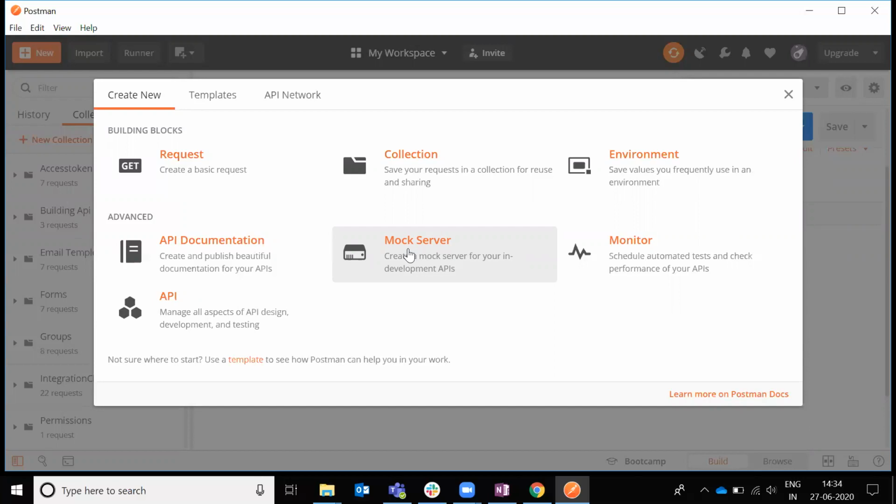Imagine there is a create API, and you don't want to touch that API every time because it will create a lot of records in the database. You don't want to create that many things, so you can use the mock servers. It's an easy one, but now we are not using it. Documentation, APIs, those things are present. Whatever you want to create, you can create using this new button.